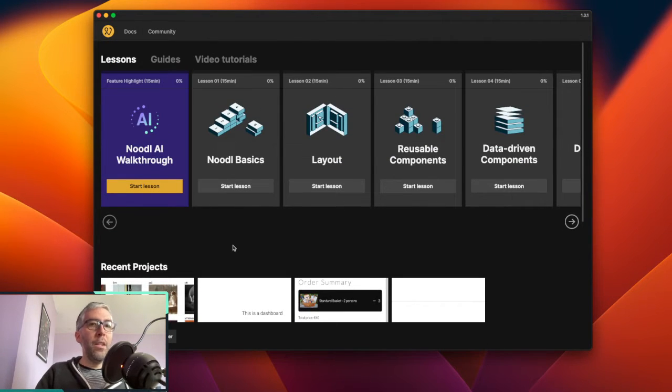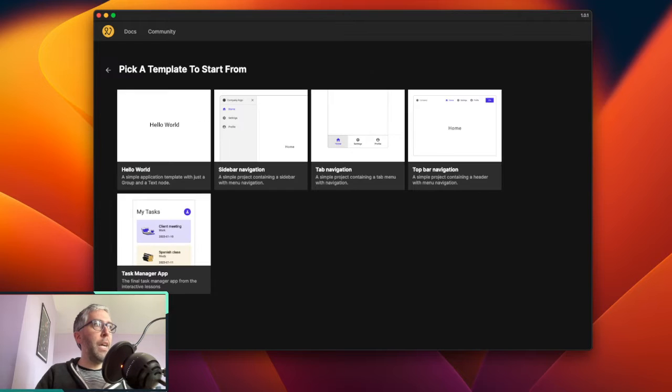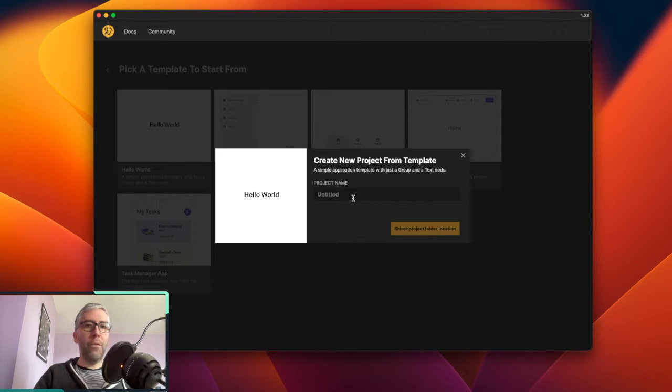So let's get started. The first thing we're going to do is create a new project, step one. We go into our Noodle editor and click on Create Project in the dashboard. We have several basic templates that we can use, not really templates, just kind of sidebar examples. They're fun to experiment with, and you can use the Task Manager app to learn a little bit about how Noodle works. But we're just going to start from scratch and try to learn really from the basics how Noodle works. So we'll go hello world,